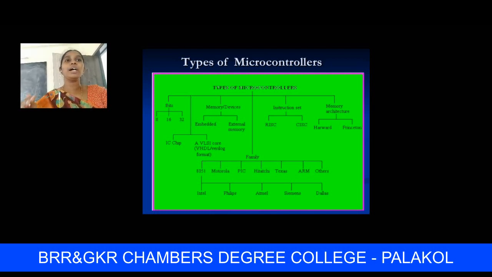Next coming to based on memory architecture. Here there are 2 types of architectures. The first one is the Harvard architecture and the next one is the Princeton architecture. We have already discussed that the microprocessor is based on the Princeton architecture. In microprocessor systems, what technology do we use? We use NMOS technology for developing a microprocessor. But for microcontrollers, we use CMOS technology.